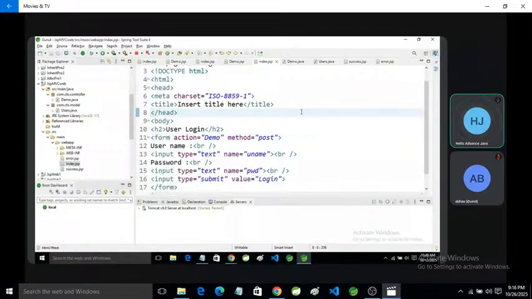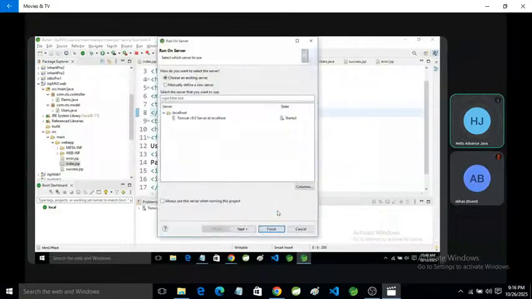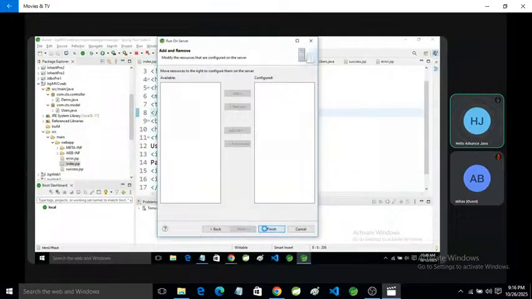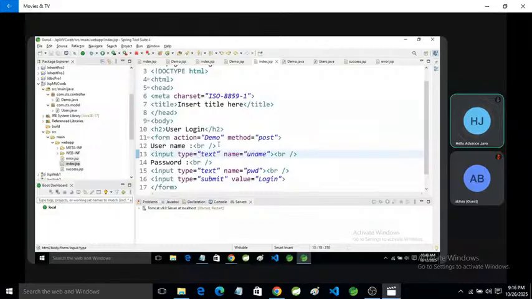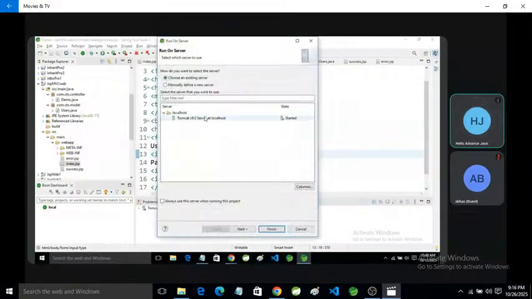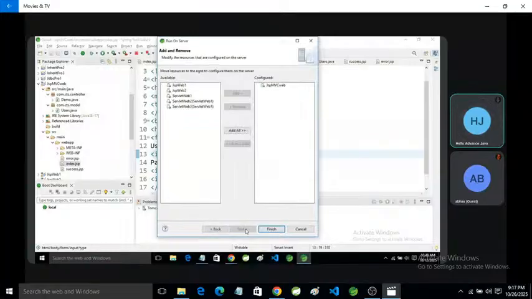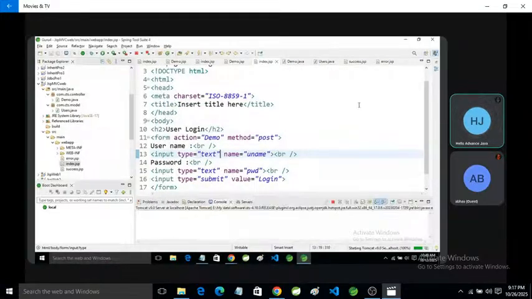That is the one problem. It is a servlet actually, so we need to execute it again. Let's restart the server.